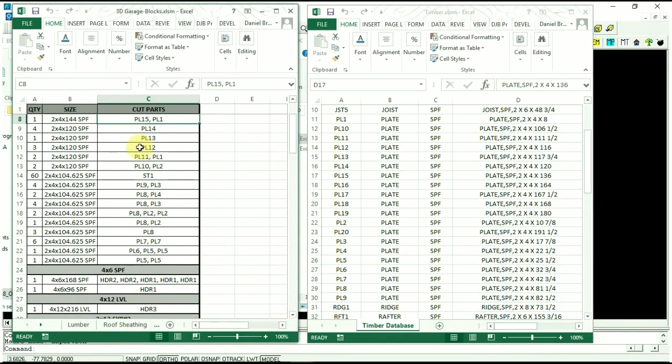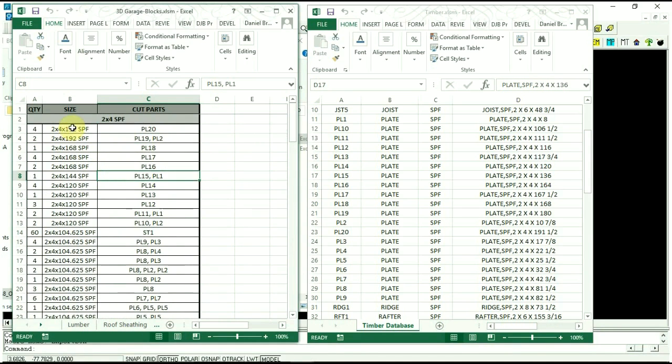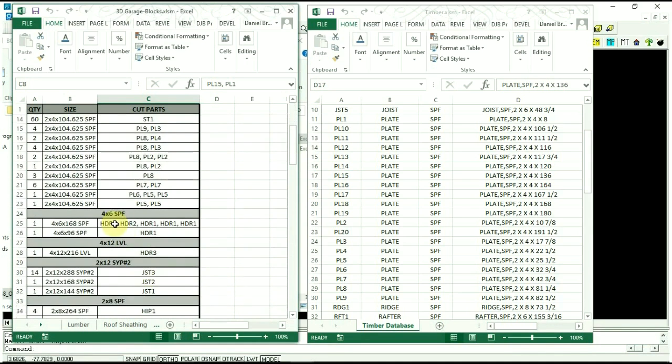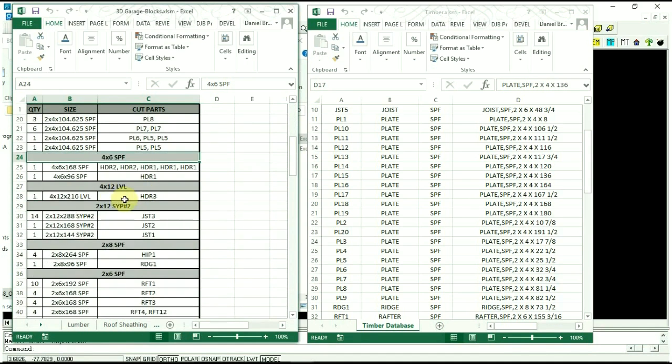So this is exactly what you should cut out in the field, and it gives the guy out in the field the parts in length order. So go cut all the 2x4s, and you just start from the top and work right down the list, cutting all these parts. And then when they're all cut and stacked up and staged, you go down the 4x6s, and you cut your headers, you cut your LVLs, you cut your southern yellow pine,